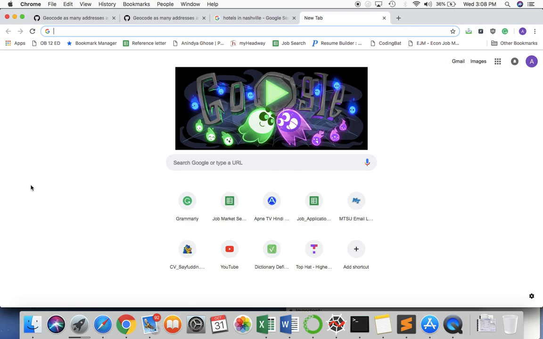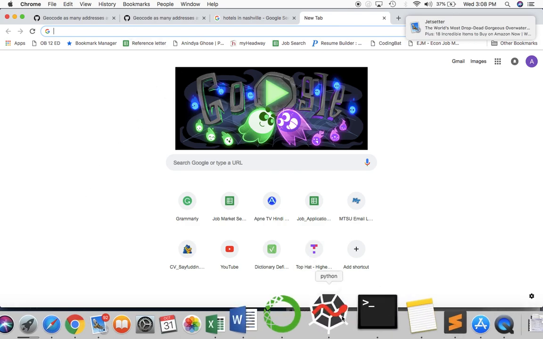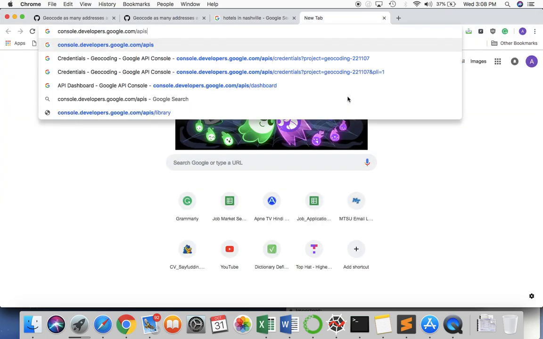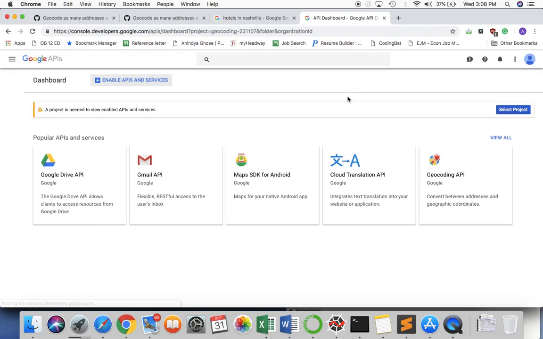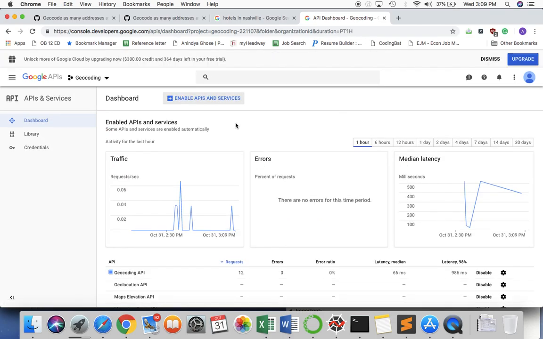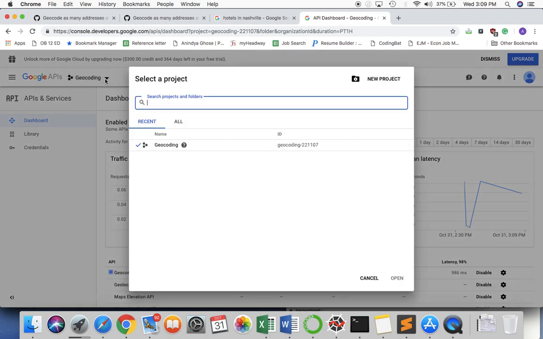So for getting the API key at first, let's use this link, which is console.developers.google.com/apis. Just paste this here. Okay. Here, if you just click this drop down option here, you can create a new project after selecting this